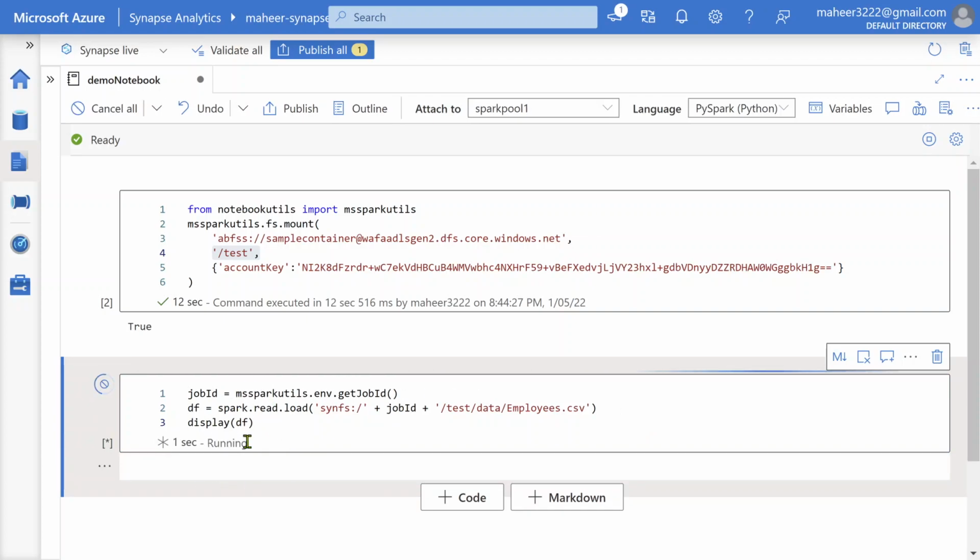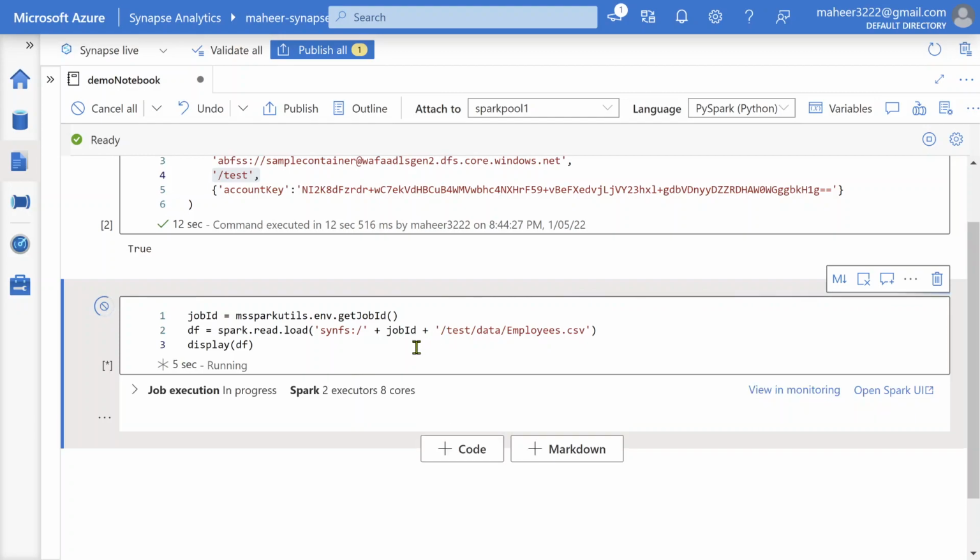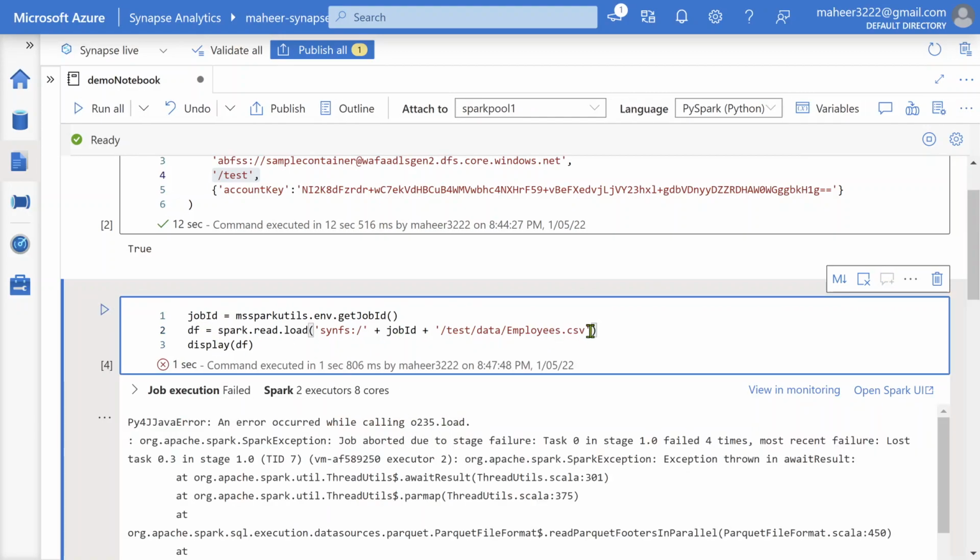to make sure we are able to read the data using that mount point or not. So let's execute this code and make sure we are able to use this mount point that we just created and able to read the file or not. Oh, sorry, we got an error. Why? Because we have to mention the format, right? What is the format of this file? So let's mention format equals to CSV, and this file has a header row actually. That means the first row in the file is actually column names. So let me use this header equals to true flag as well.